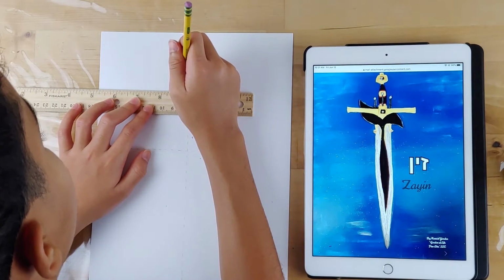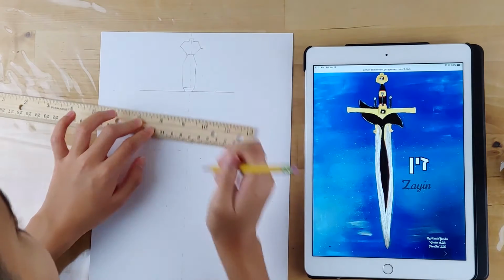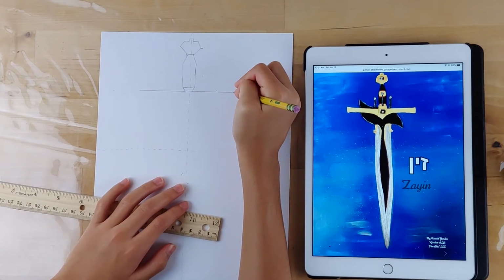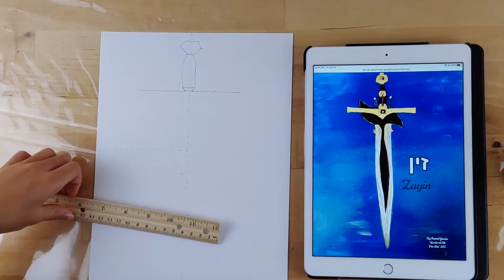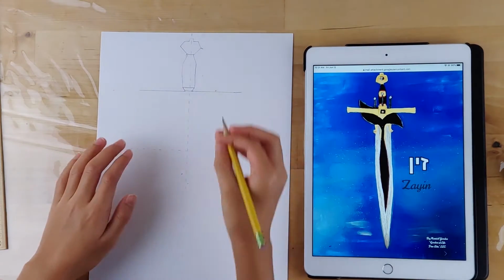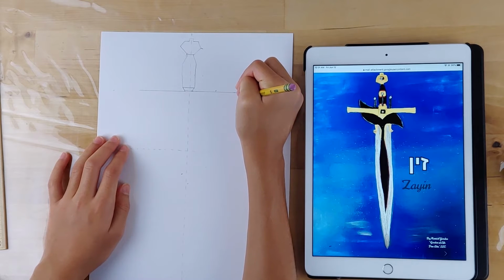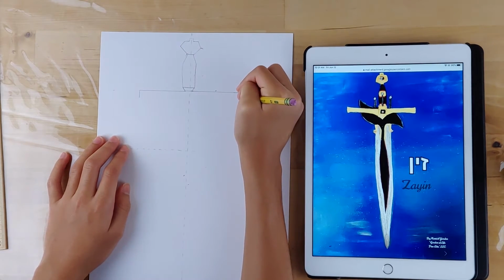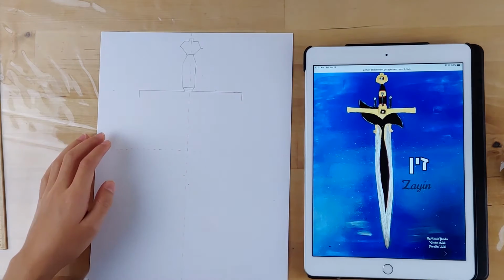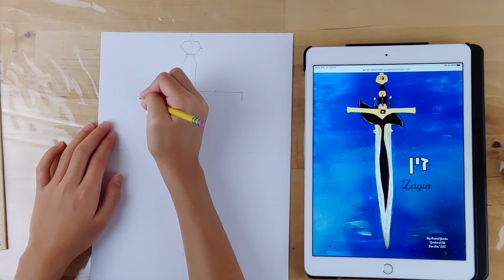And you still want to make it symmetrical. So we want both lines to be about the same size. Just about like that. Then we're going to go straight down a little bit, not too far. Still trying to mirror. And we're just going to go downward.